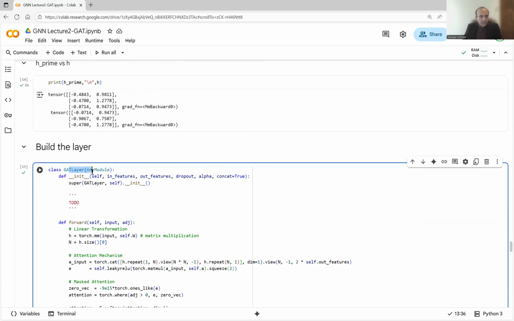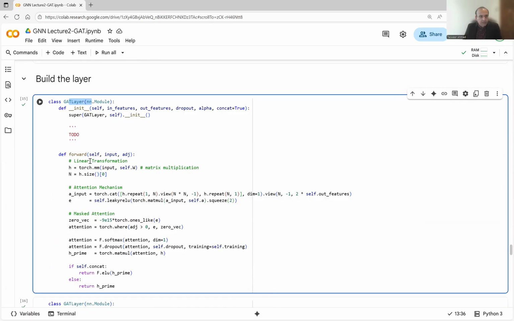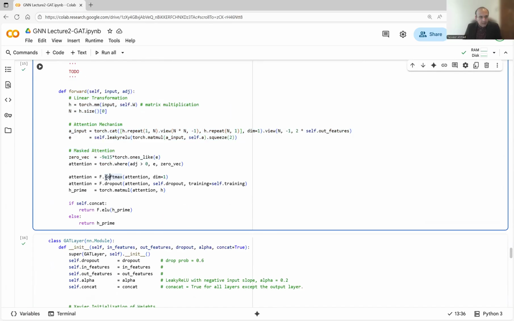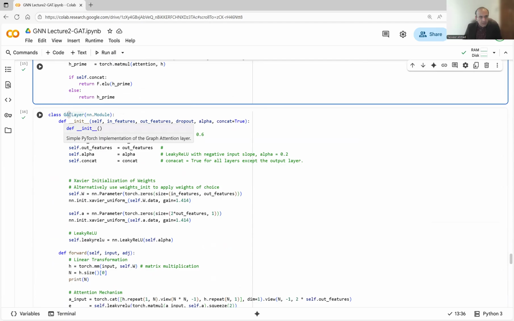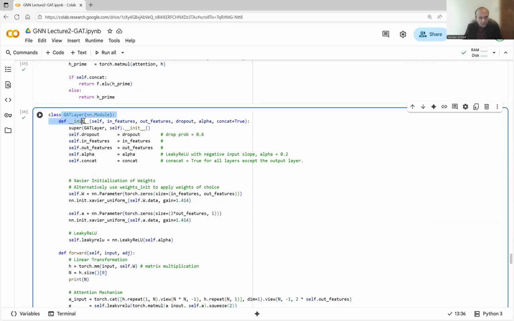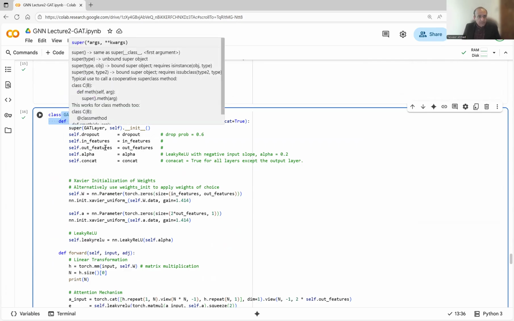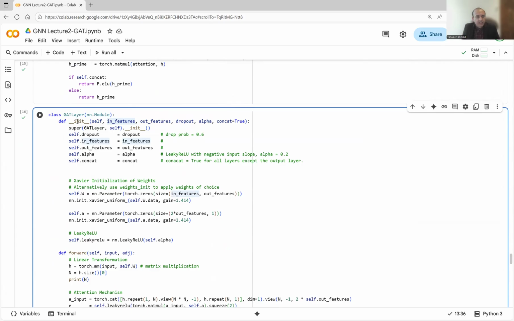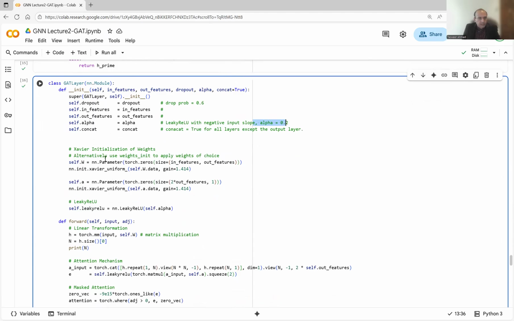So here is the GAT attention layer, init function, and forward pass function. Considering this, we instantiate the PyTorch class GATLayer, and this init function has input features, output features, dropout layer which is 0.6 as the paper says, and the value of alpha which is 0.2 as the paper says, and then concatenate, and here we use the initialization of the weights, and this is the